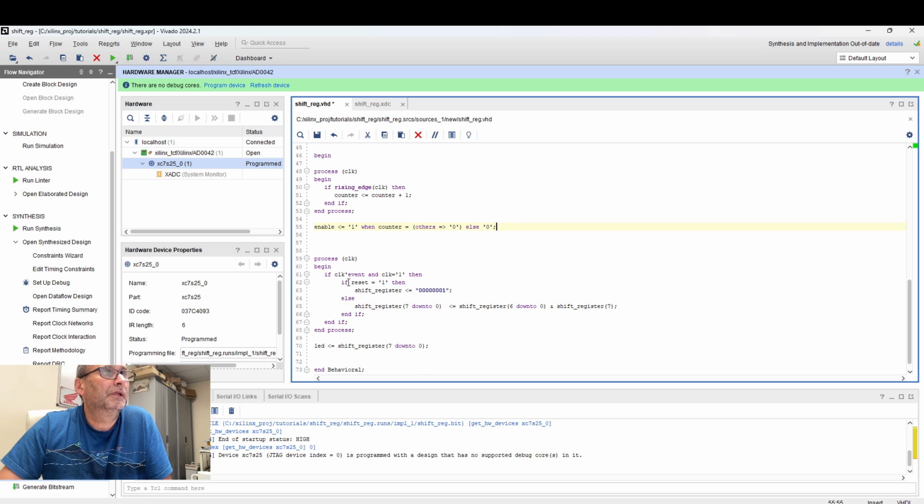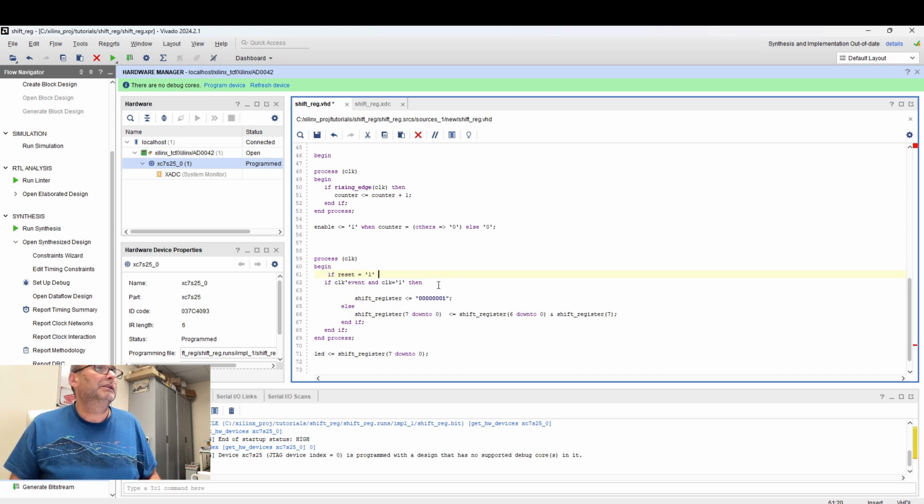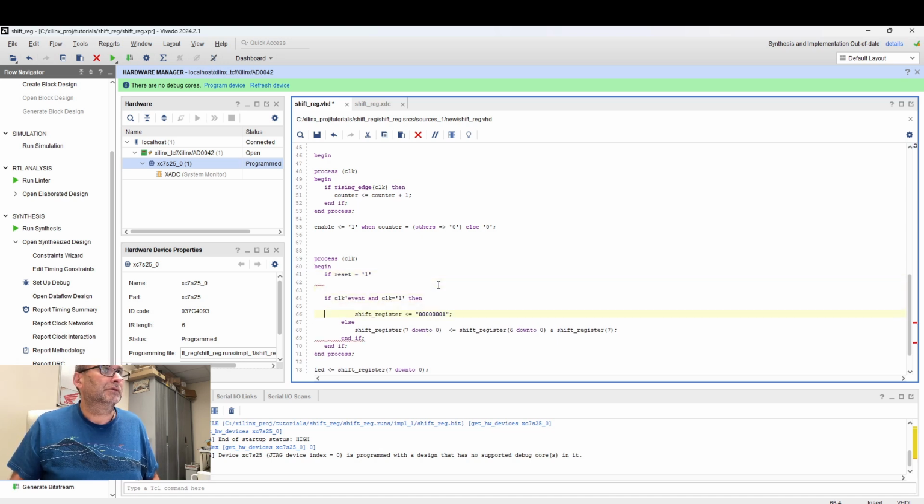So we need to put here if reset is doing that. If reset is 1 and enable. Actually, do you know what? I'm going to take this reset out of the clock process. Control X. This is called an asynchronous reset. It means that reset doesn't care about the clock. So if reset is 1, it's going to do this. Else,